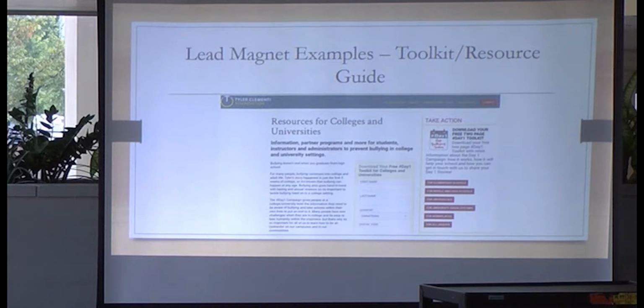They also have a quick toolkit that can be downloaded. Download your free day one toolkit for colleges and universities. So this is just another toolkit that somebody could download.